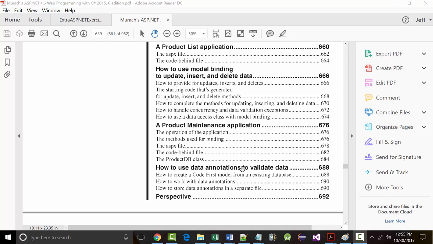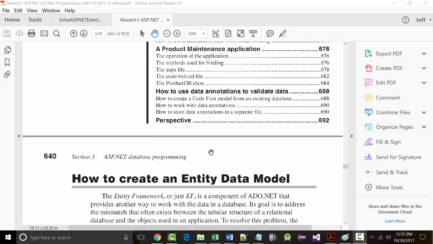That's kind of cool. That's like those we saw last time, if you remember. We looked at, called them attributes, that above your code you put stuff in brackets. All right, you're going to see that in here, but you can actually do some validating by putting the stuff in brackets. For instance, if you want to say that the amount sold has to be between 1 and 50, you can actually put that in there as a rule. And I'm not talking about using a required field validator or a compare validator. I'm talking about doing it right in the code. All right, so